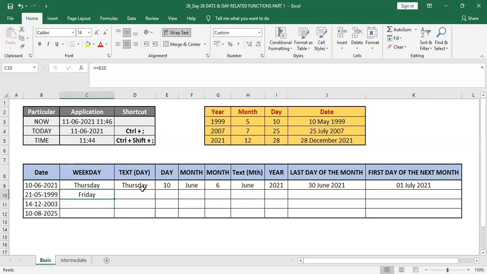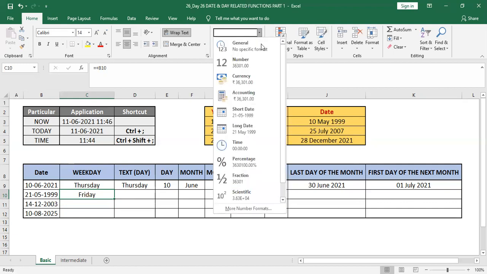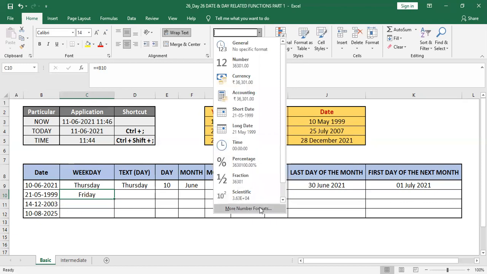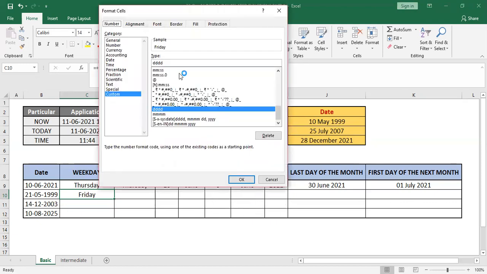You will get the basic date, because it's the same format. Then you have to go to the date and convert it into a specific number format. That means you have to go to More Number Formats. Here you have to type DDDD, four times.